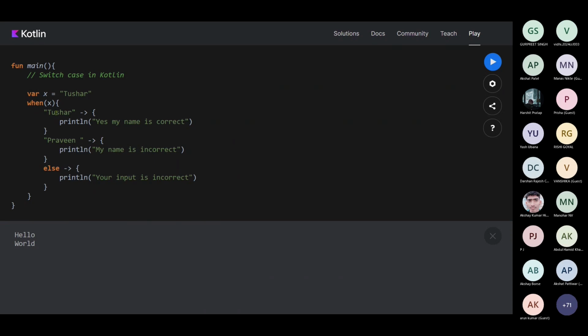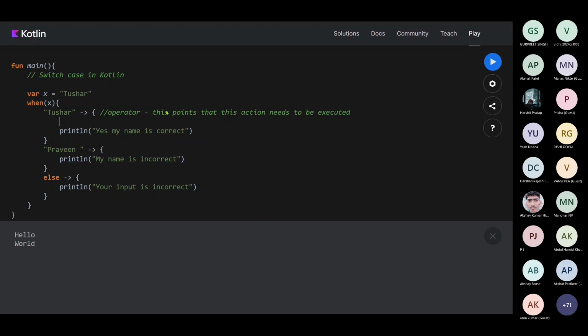At that time, I want this particular statement to be executed. That's why I am using this switch case. You may ask why I am using this arrow. This arrow is an operator which points that this particular action needs to be executed.